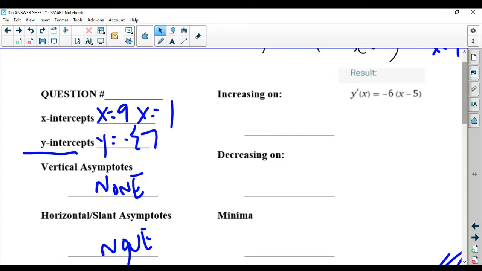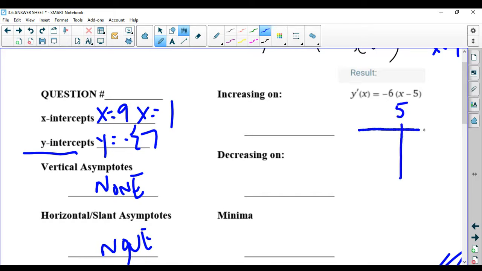So the critical number is x equals 5. I'm going to do a test value, y prime of 0, y prime of 7. If you plug 0 into the first derivative, you get a negative 6 times a negative 5, which is positive,